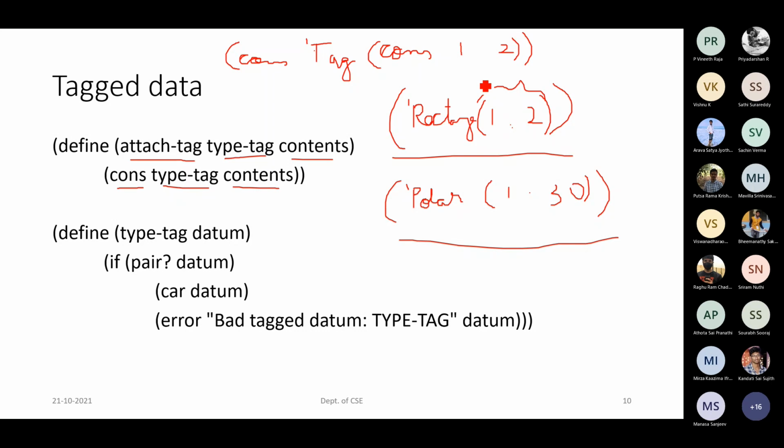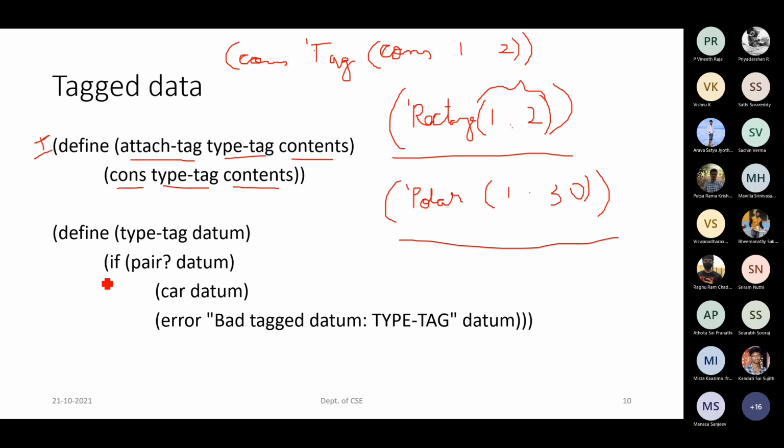So this attach tag is nothing but a constructor. You are constructing a complex number, adding a tag to it. Once this is done, we should now decide on the selectors of it. Once this first procedure we have discussed is the constructor of the complex number, and we have constructed it, we have to start extracting each and every detail regarding the complex number. So for that we have to define the selectors part.